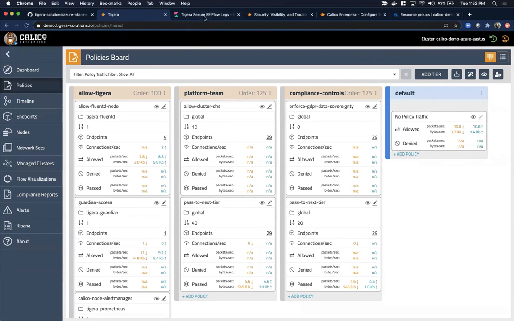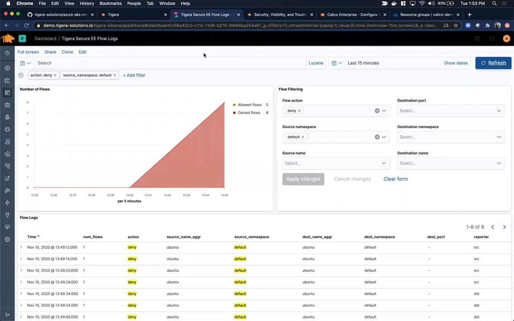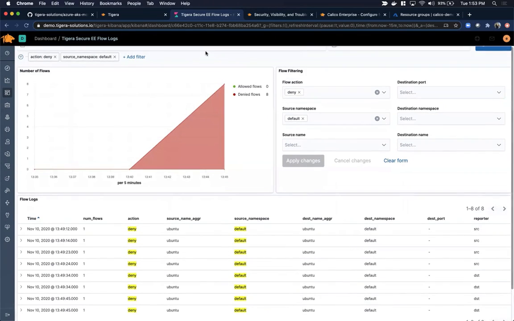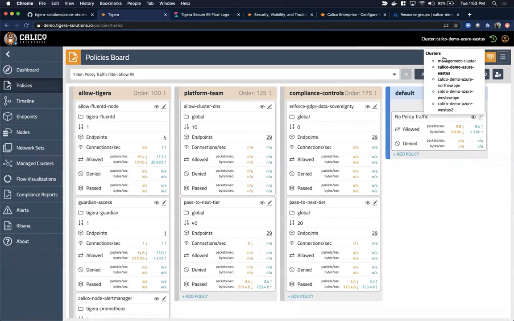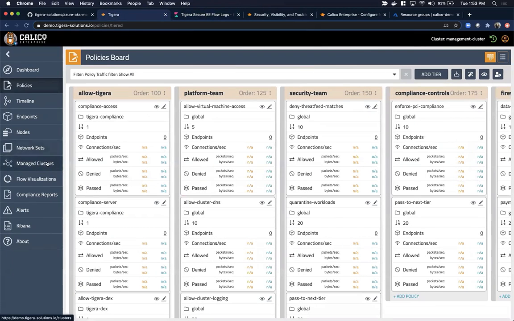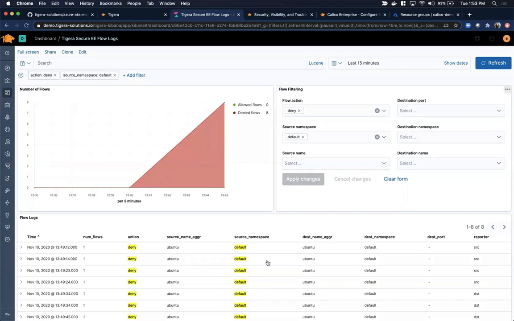A moment ago, we saw that we're initiating traffic across clusters, and one of the other major benefits of Calico Enterprise is the visibility and troubleshooting use cases that we enable via things like our flow logs. So this is the Kibana dashboard. This is located inside of the management cluster. All of these clusters that are deployed in Azure are all logging back to the management cluster, and I'm viewing all of the